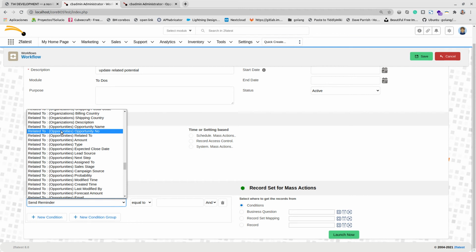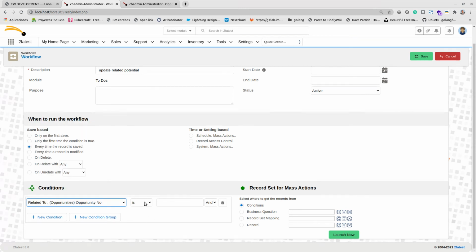Opportunities. Where are you? Opportunity number, for example. That's the one. Okay. Opportunity number is not empty. Okay, what am I doing here? I'm saying, every time a calendar record is saved, and the related to opportunity number is not empty,